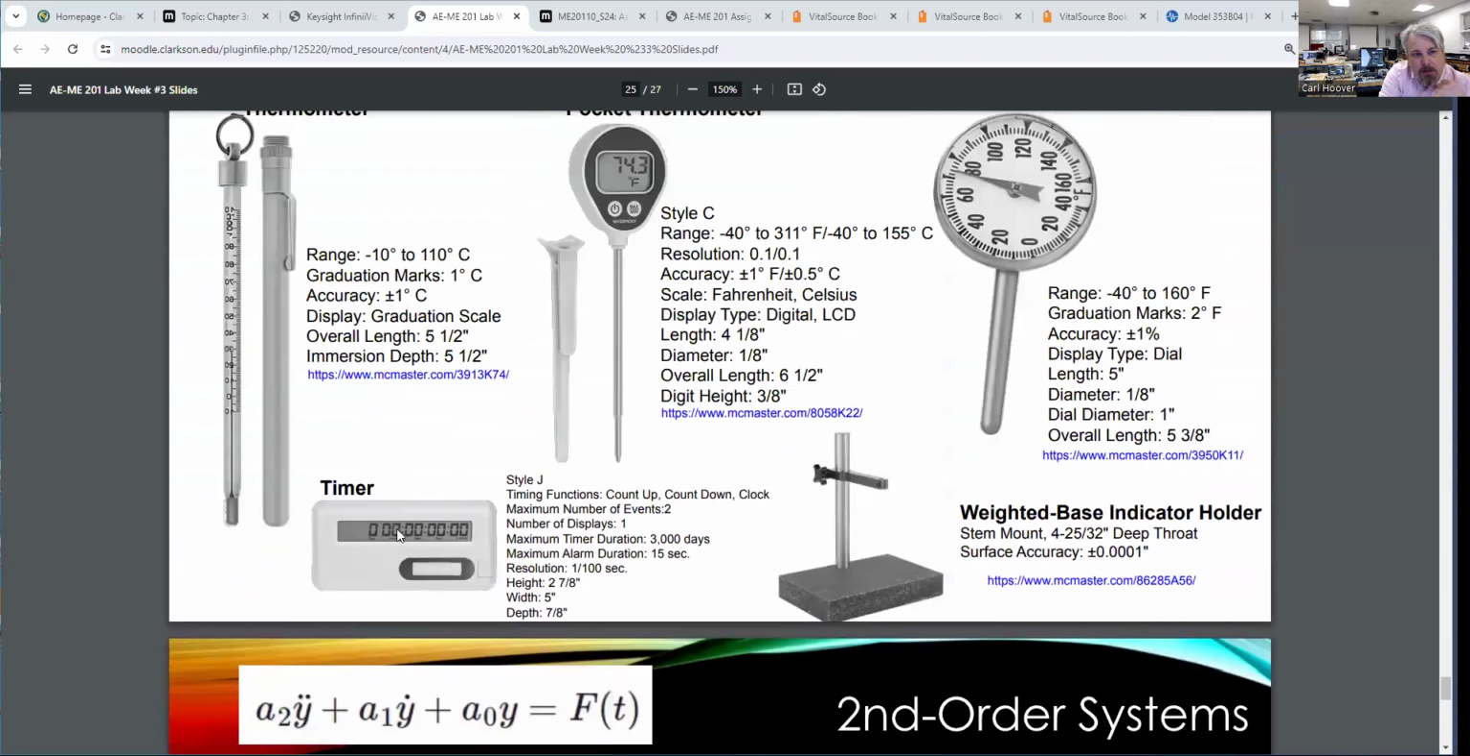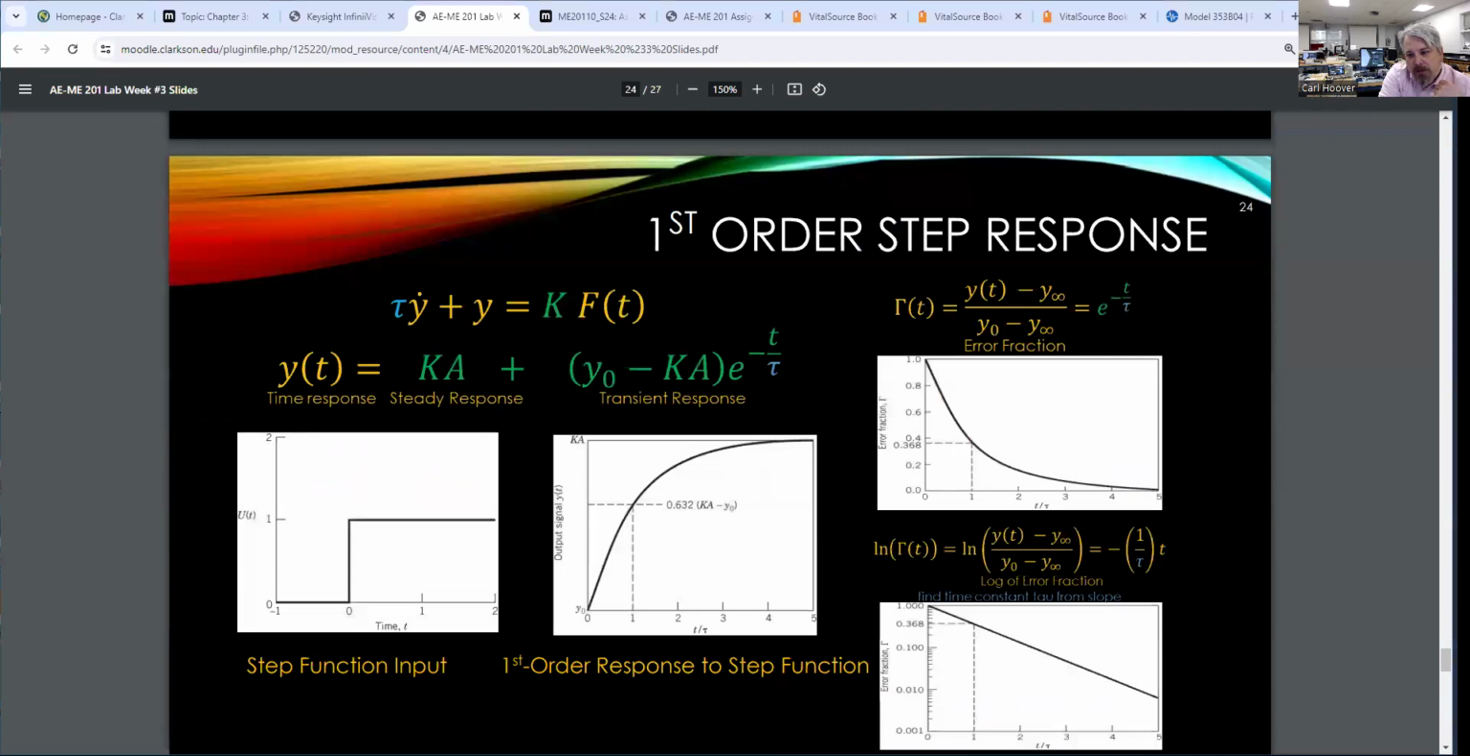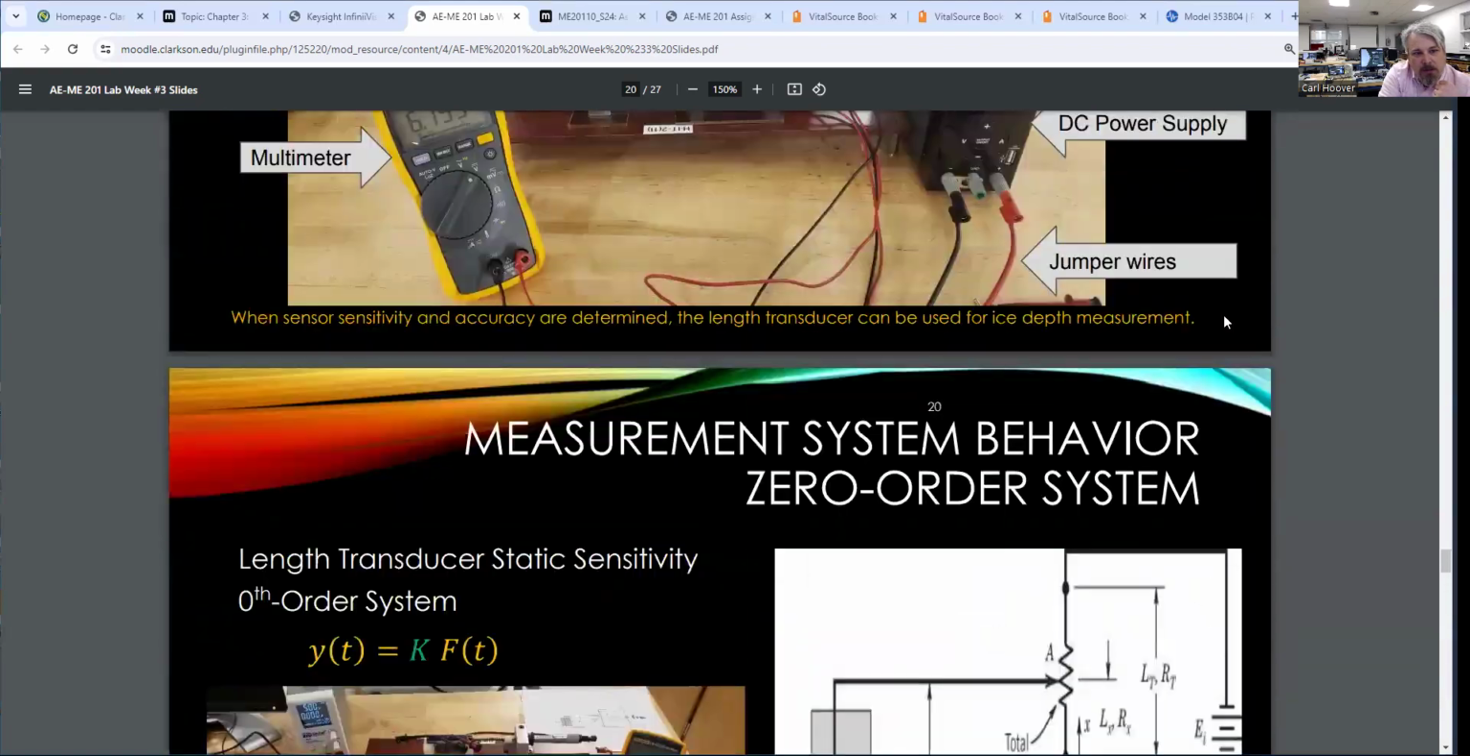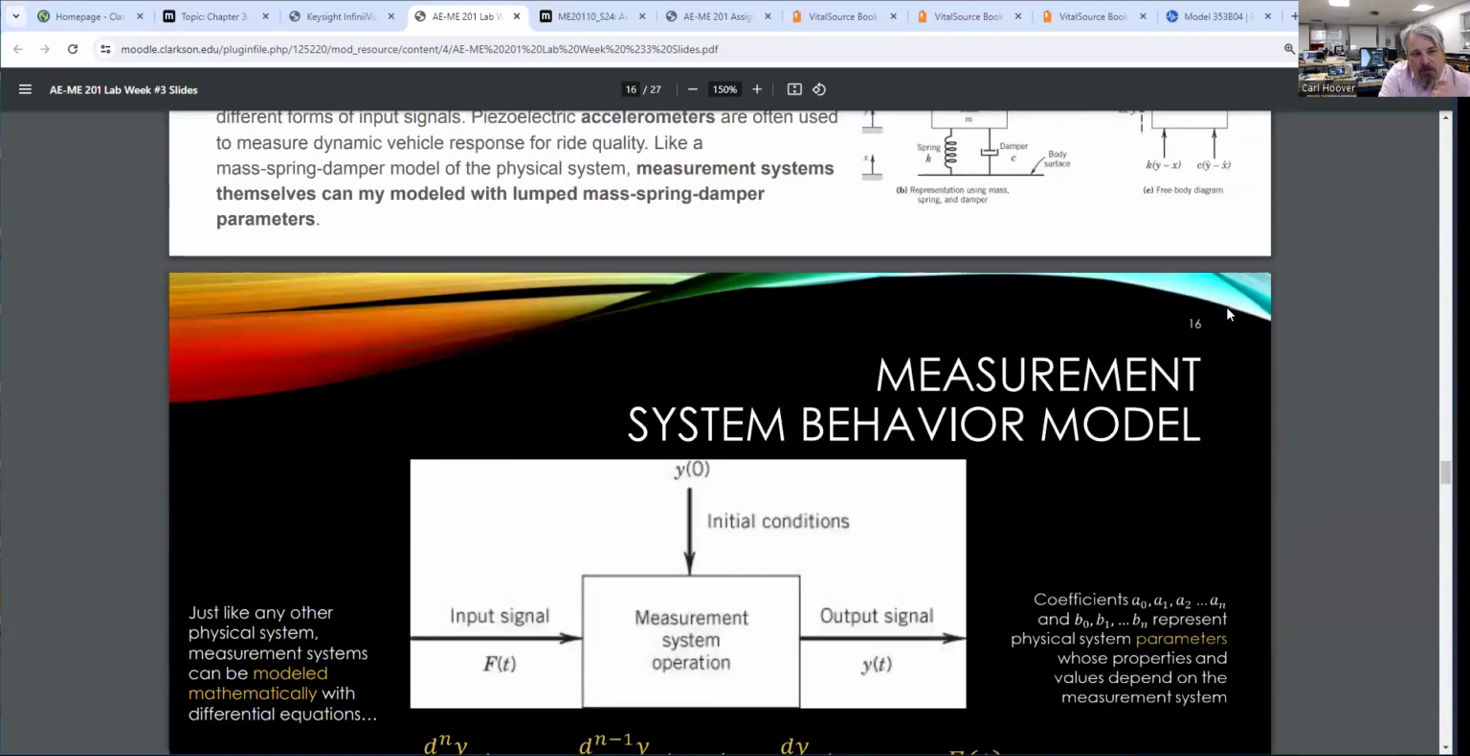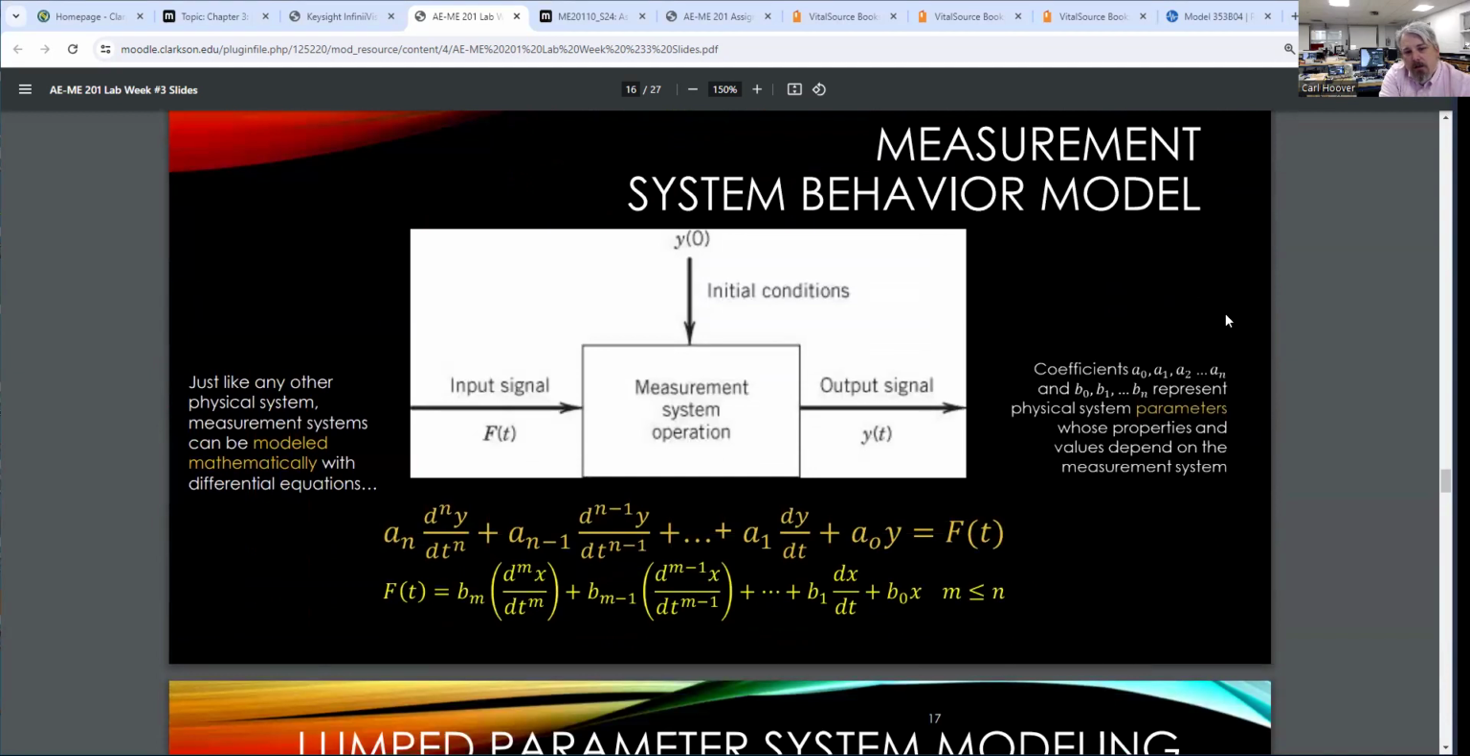So we're looking at measurement system behavior and using lumped parameter models. The general idea is that we have a model characterized by second order differential equations, or differential equations in general, that can be parameterized. Call that lumped parameter modeling. And so we can use the behavior of the measurement system along with the dynamics of the thing that we're actually measuring to understand whether or not our measurements can be accurate for